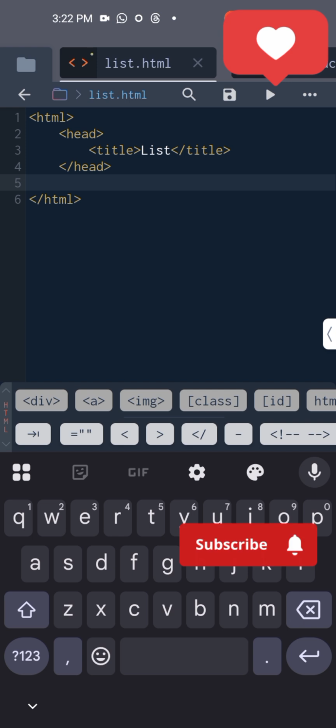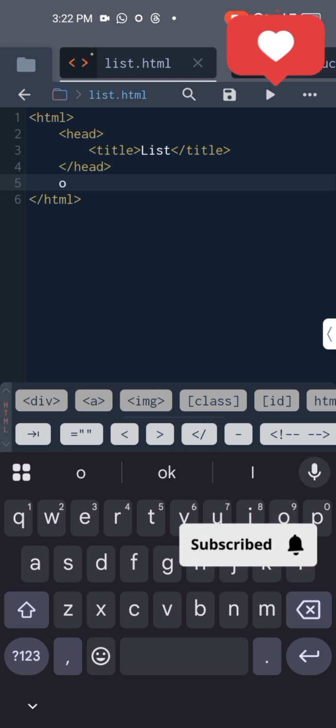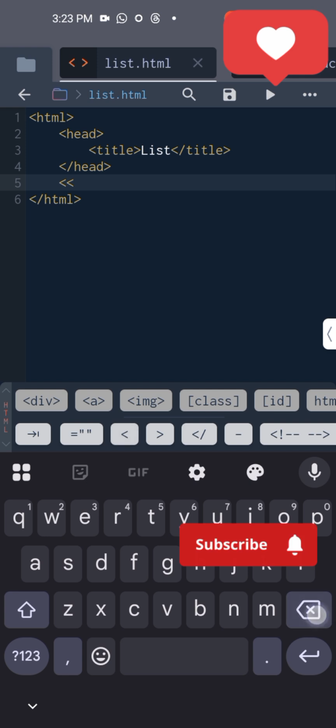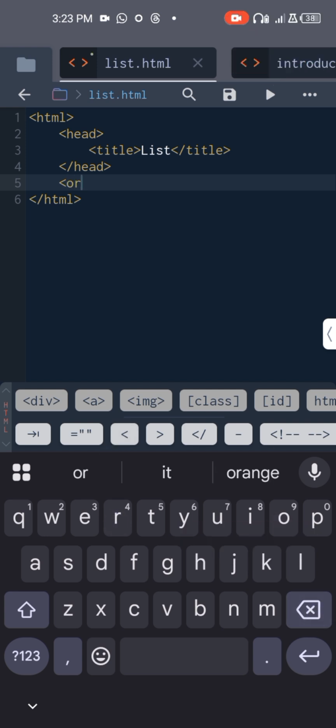I told you we have two types of lists. So let us work on the first list. As we all know, we have two types of lists. So let's talk about ordered list first. How do you write ordered list? Instead of writing ordered list like this,